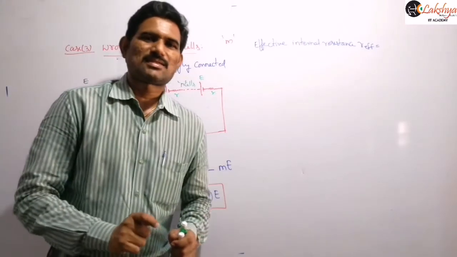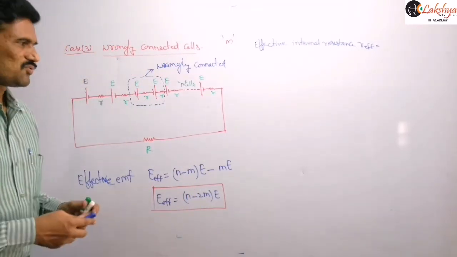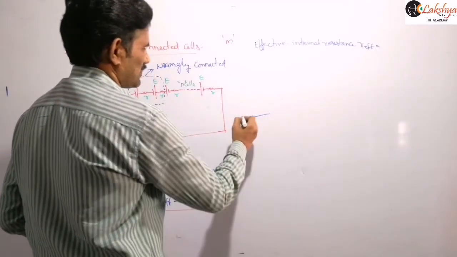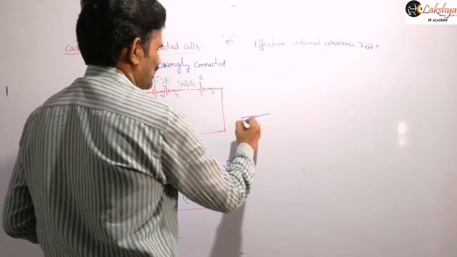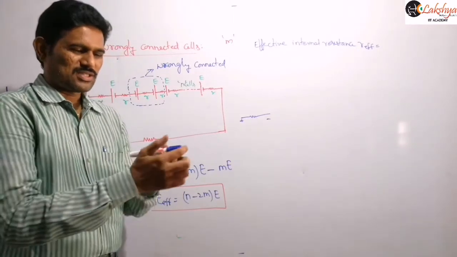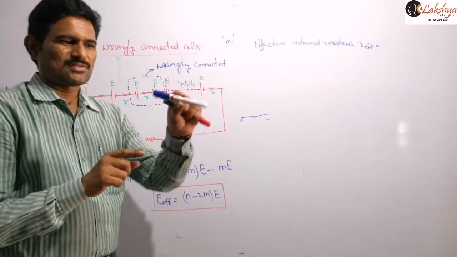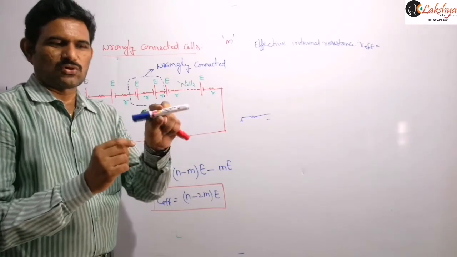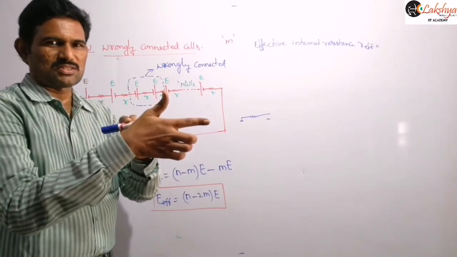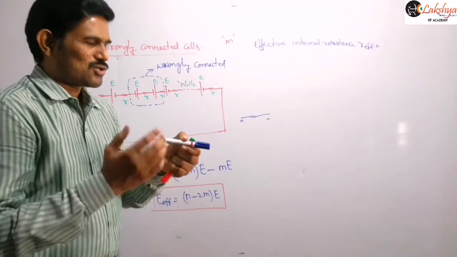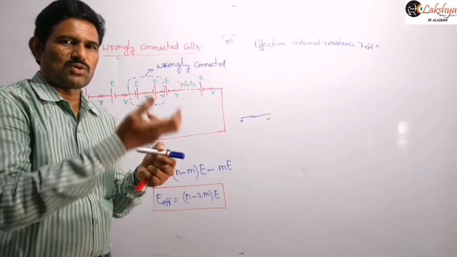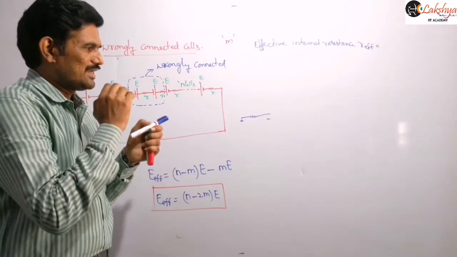You know, for resistance there are no polarities, right? If you are taking a resistance like this, anywhere do we represent positive or negative terminals for the resistance? No. If the resistance is like this, either you can connect like this or you can reverse the direction. There is no effect here. Current flows in the same way whether it is connected like this or like this. So whether you are connecting the cells correctly or wrongly, the resistance,